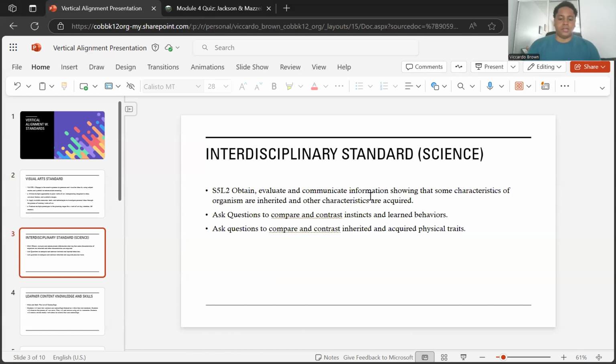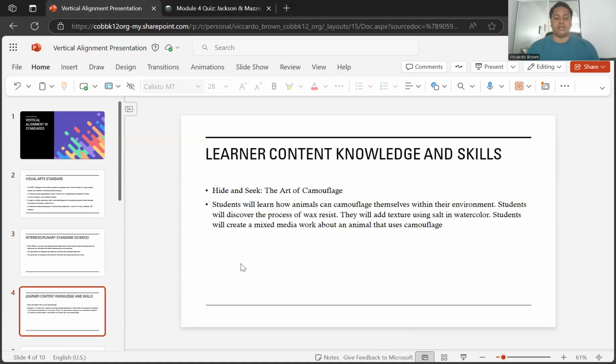So the interdisciplinary standard that I'm using in connection with this is S5L2, which is obtain, evaluate, and communicate information showing that some characteristics of organisms are inherited and other characteristics are acquired. So, subcategories of that is ask questions to compare and contrast instincts and learned behaviors. Also, ask questions to compare and contrast inherited and acquired physical traits, which leads me into my next slide,